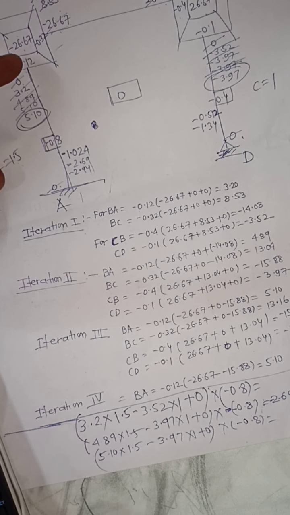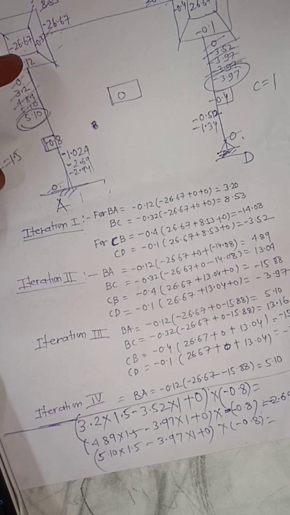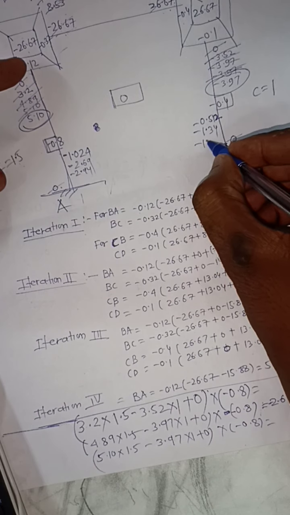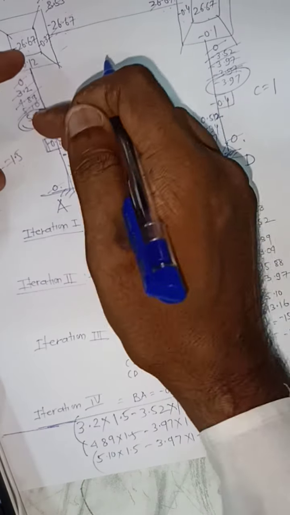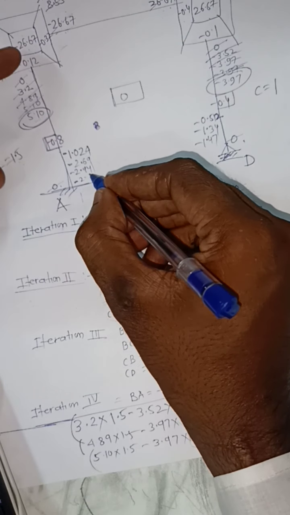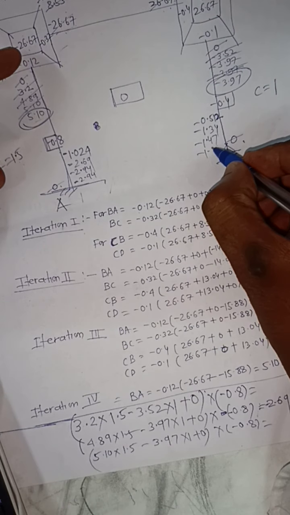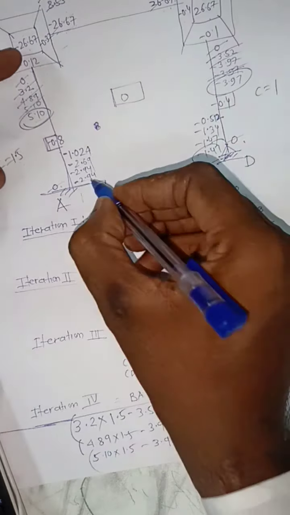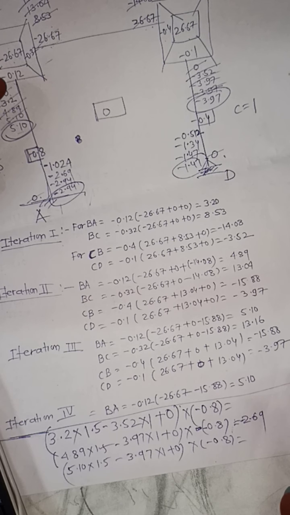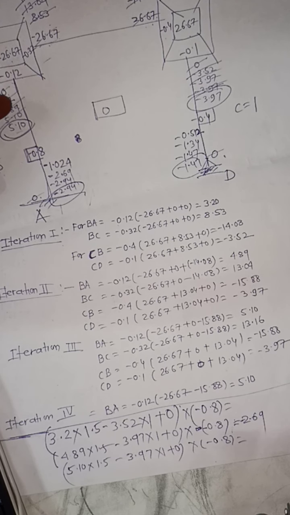And if you divide by minus 0.8, so it will be multiplied by minus 0.4, so it will be equal to minus 1.47. Again same value is there, 5.10, 3.97, so answer will be minus 2.94, and here minus 1.47. The final value will be equal to 2.97 and 1.47. So like this we have to consider this value.